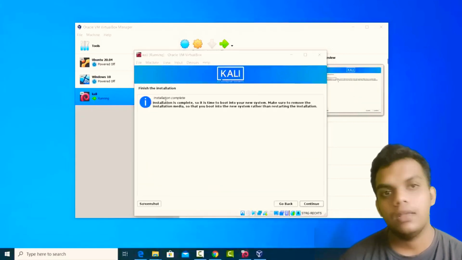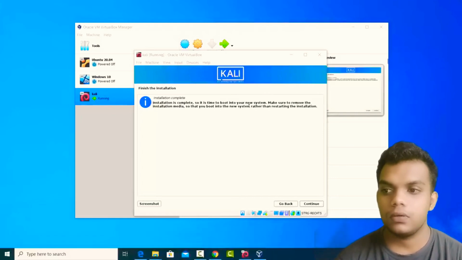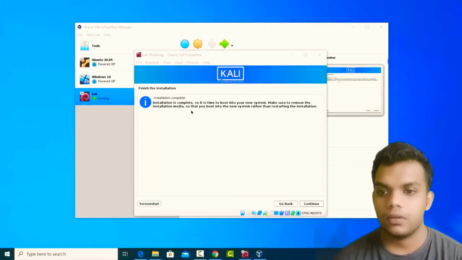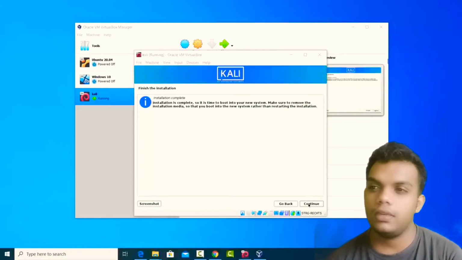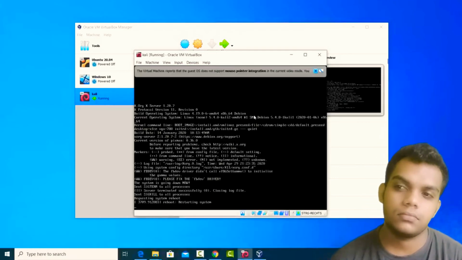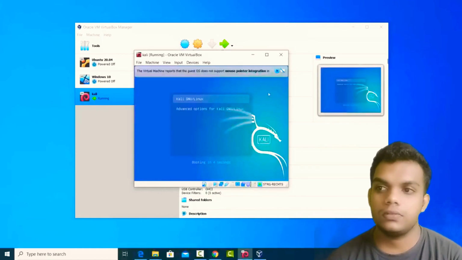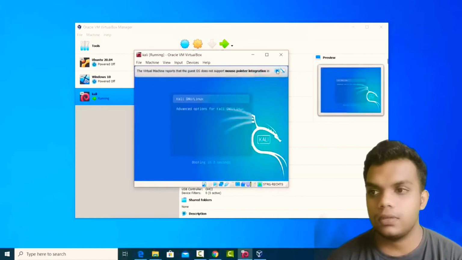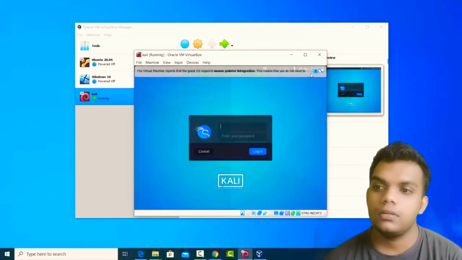Installation is complete. So it is time to boot into the new system. Make sure to remove the installation media so that you can boot into the new system rather than restarting the installation. So I'm going to just click on continue here. So on this step, Kali Linux is going to restart by itself. You don't need to do anything. So just wait for Kali Linux to restart, and at last you will see this kind of a login